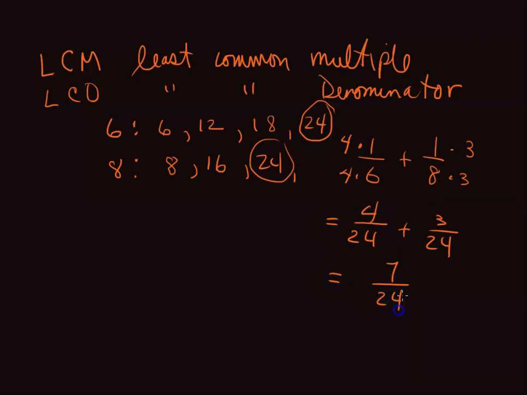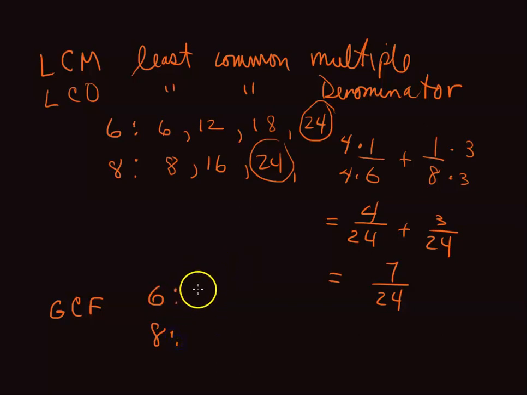7/24ths, leave the denominator alone. Now you can also reduce that, but if you use the least common multiple, the least common denominator, most of the time, not always, you won't be able to reduce it anymore. What is the greatest common factor? Well, that's when you have to factor things. So if you use that 6 and 8 again,